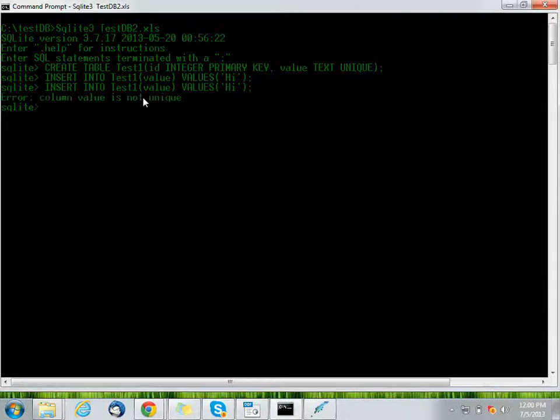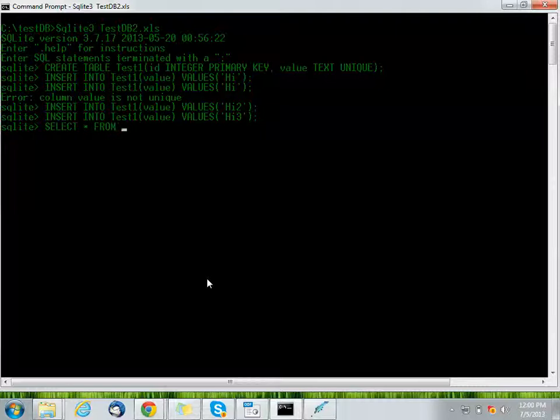Let's try to give high again, and it would throw an error because it's a unique constraint. So now let's check the data. Okay, so you can see 1, 2, 3. It's auto incremented.